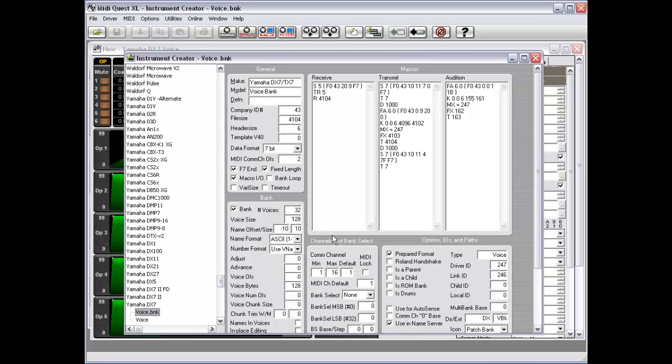Let's jump back up here and look at the bank. You'll see there's a bit more stuff here. Set 7, set up the 7 bytes and transmit them. This actually turns off the memory protect on a TX7 instrument. You then want the delay. D is a MIDI delay, so it delays the MIDI stream. And it uses, admittedly, an unusual value range that is a result of going back to Midi Quest's original